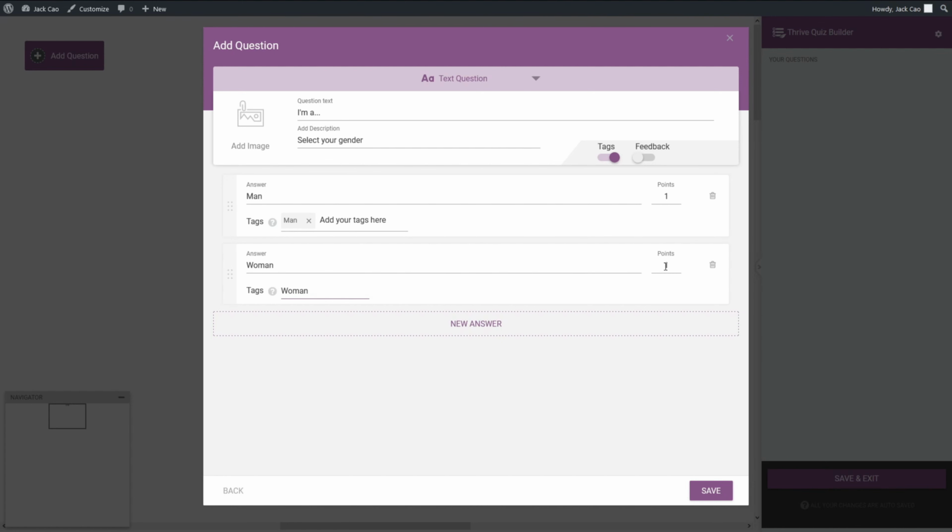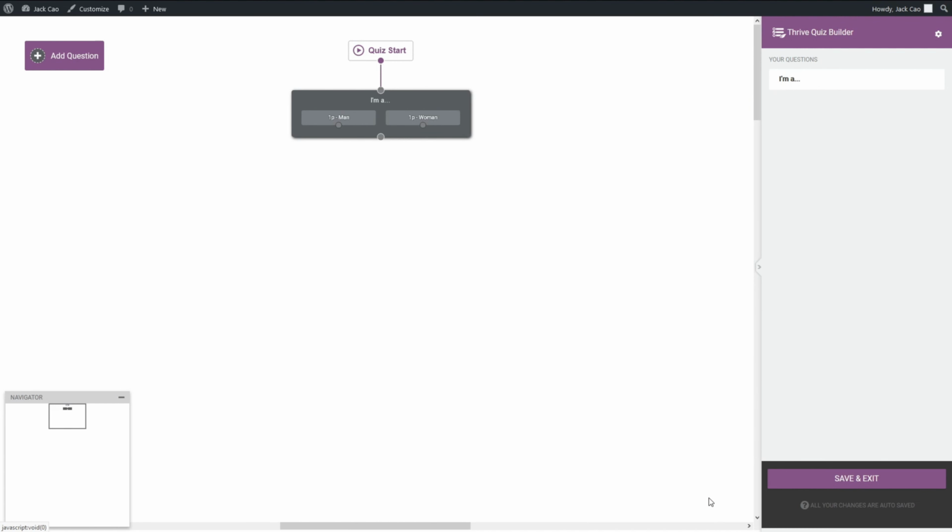or if your quiz is a test and people are interested to know their final points and you need to assign a point to each of the answer. Otherwise, I will not mess with this. But don't worry, we'll go through this when we are talking about segmenting later. So I'll click save. Now the good thing about Thrive Quiz Builder is that you will have an overview of